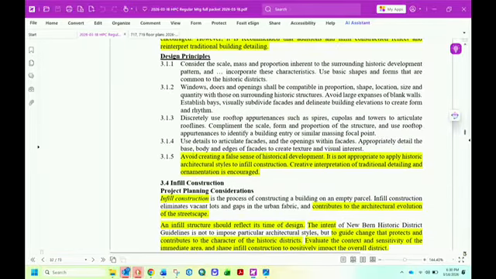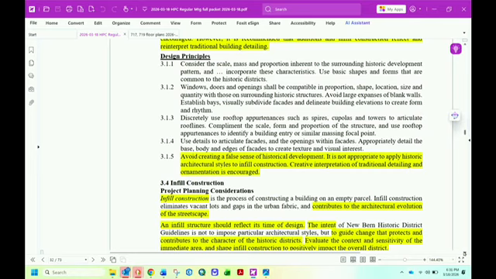Then in the standards portion, 3.1.5, we say to avoid creating a false sense of historical development. It is not appropriate to apply historic architectural styles to infill construction. Creative interpretation of traditional detailing and ornamentation is encouraged.